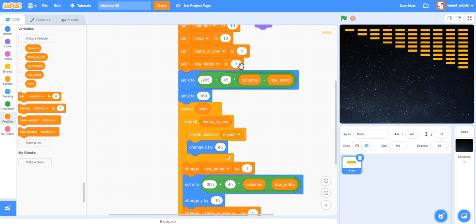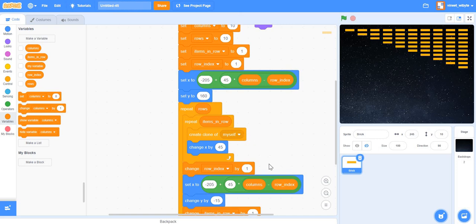The reason is because I really want this guy to appear at minus 205 plus 9 times 45, right? 9, okay, not 10. Convince yourself it's 9 because I am making 9 jumps, right? So 9 times 45. So the first one will get generated here. Once this is generated, remember items in row is 1, so only 1 will get generated, right?